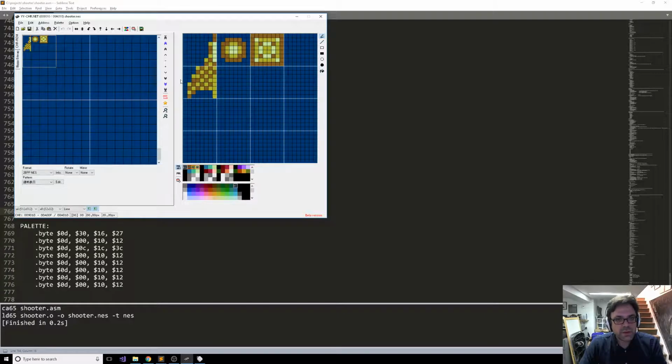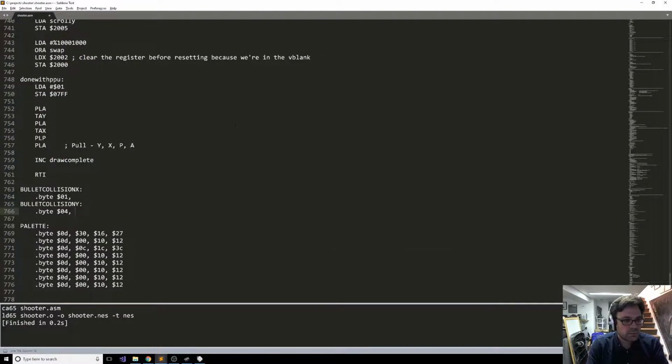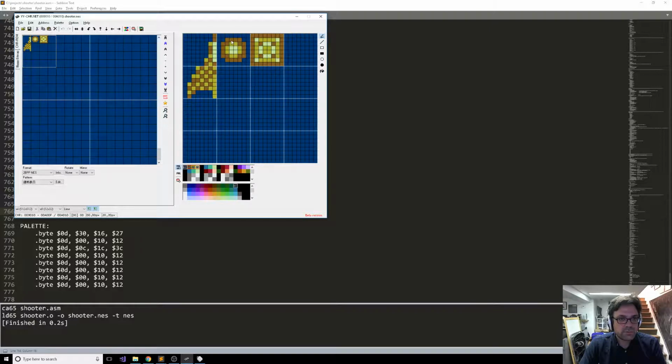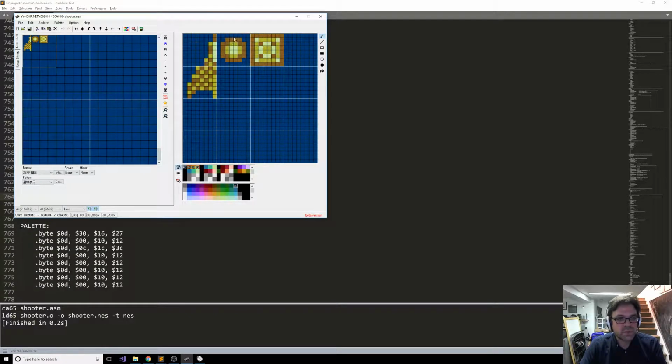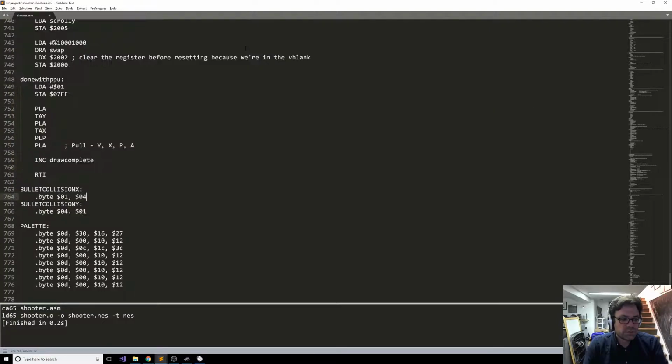And then our next collision point is on the top, where the X position is 4 and the Y position is 1. We're just adding 1 to that position. So we're essentially doing kind of a swap here. And then the final one is the X position is 7 and the Y position is 4. So, pretty simple stuff here. Probably want to do something like bullet collision point count